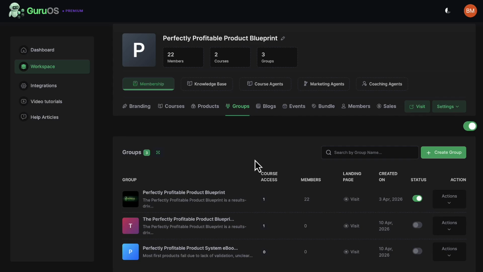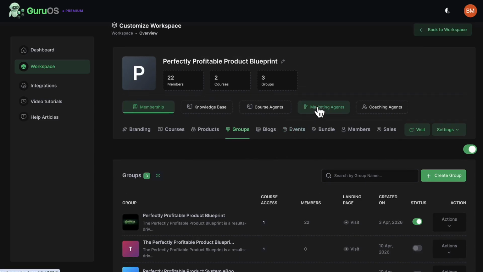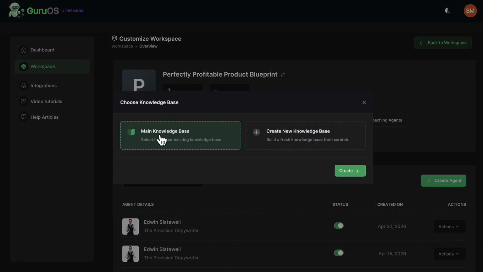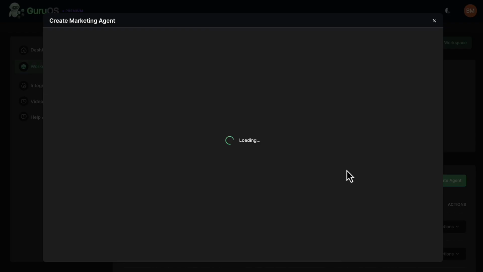Now, as far as actually writing the copy or even getting the leads to buy these actual products, that's where marketing agents come in. So marketing agents can do things like write sales copy, write JV pages, write swipes, basically everything that we use to launch a product, including running pre-launch ads, creating viral reels, the marketing agents can assist with. So you're going to go to marketing agents, click create agent, and again, it can just pull from the whole knowledge base,